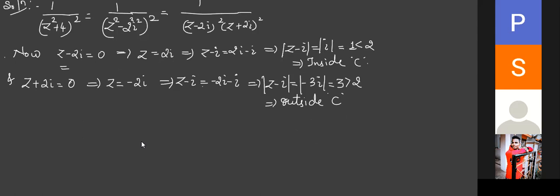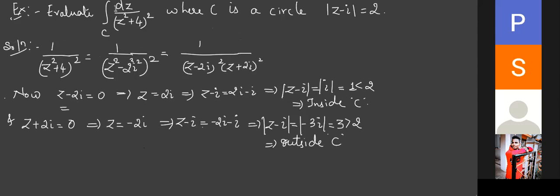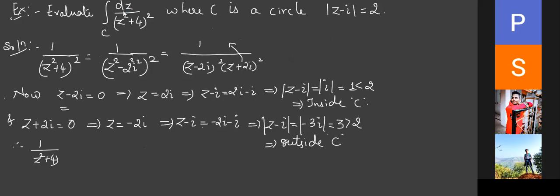See, this form is there. Now if you see the example, tell me what is f of z here. You don't have any numerator here, compared to the earlier problem, isn't it? Numerator is 1 only. So as this point is outside, this is not going to give us anything related to CIF, so I shift this to the numerator. So I will write 1 upon z plus 2i the whole square, divided by z minus 2i the whole square. Can I write like this?